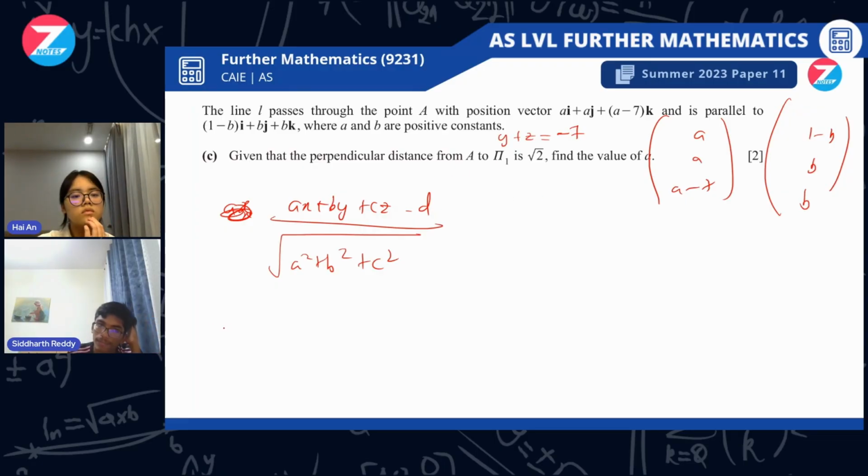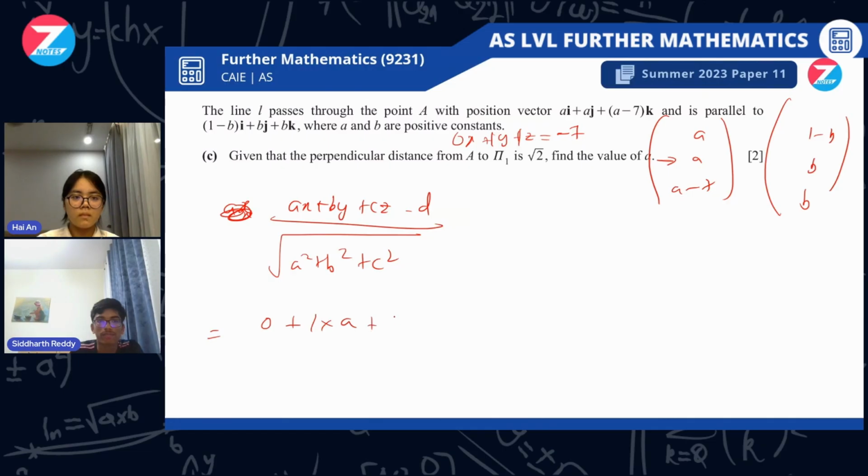So we have a, the coefficient of x over here, which is 0. So that's 0 plus b y, that's 1 into the y coordinate, which is a,